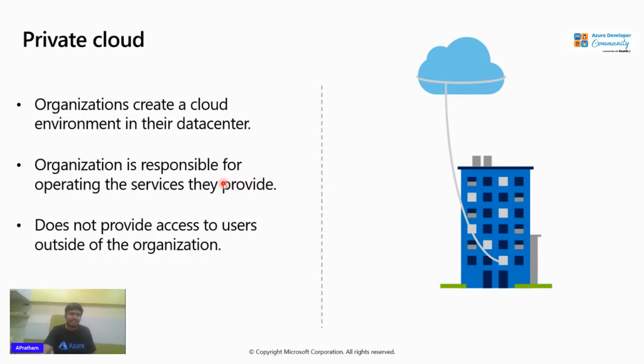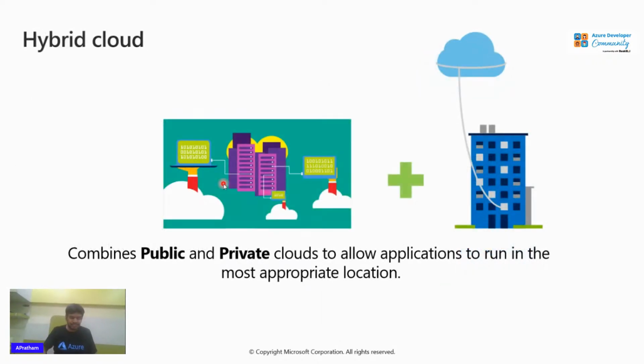Now there is a third type, which is the hybrid cloud. This is the most interesting one, and it is used by most companies. What exactly happens over here? Public and private, both will be used by companies. If there is semi-sensitive data, they can put it on the public cloud. If they have very sensitive data, they can use private cloud. Like that, they will divide the access, they will divide the number of people, or whatever it is.